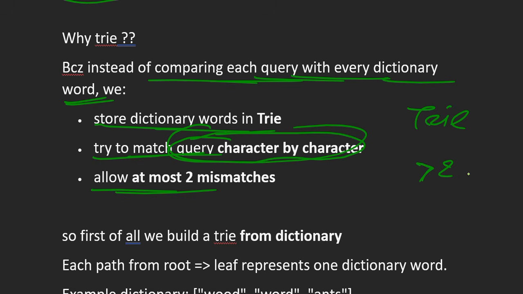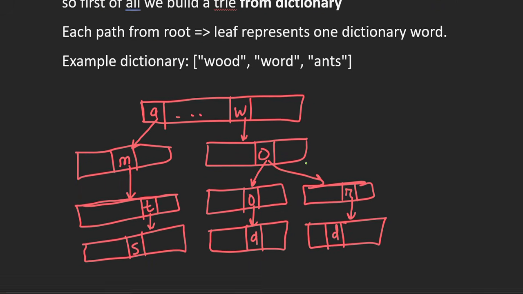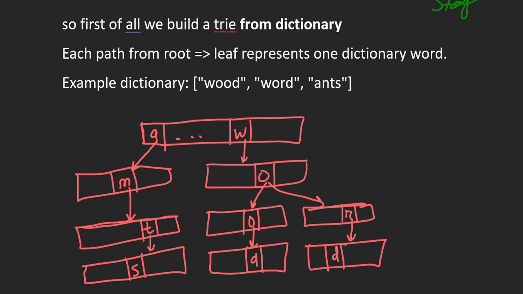If we have greater than two mismatches, then we stop. But if we have at most two mismatches, then the query word is allowed. So first of all we will build a trie data structure from the dictionary words.